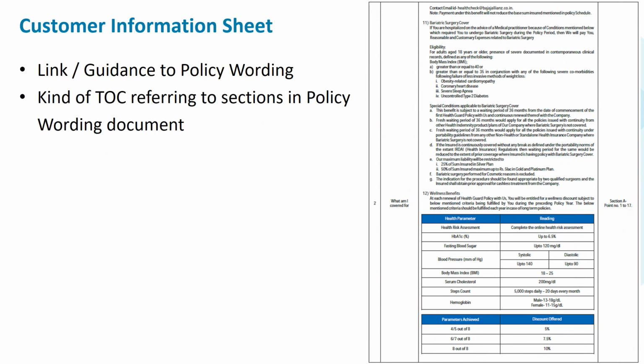The fourth document is the customer information sheet. This is like a TOC or a link to various sections of the policy document that we saw just now. This could be a 1 page handout or a 2 page handout saying refer to such and such section or such and such page of the policy document to get more details. Whatever sample is shown, we'll just zoom it out and see in the next.